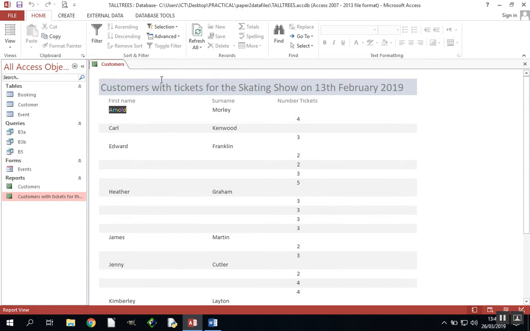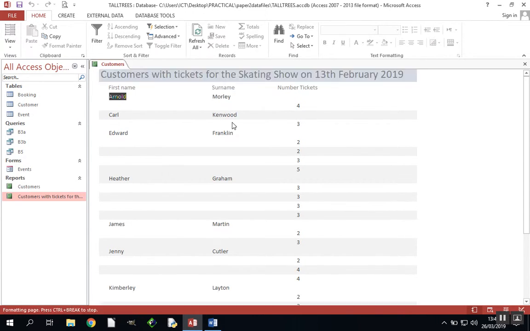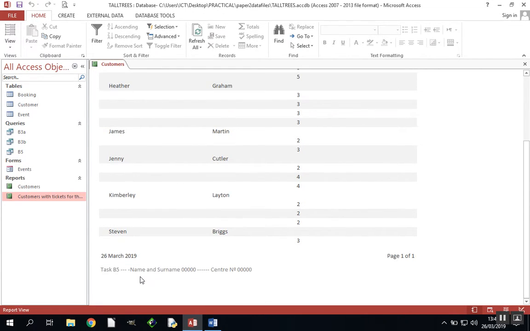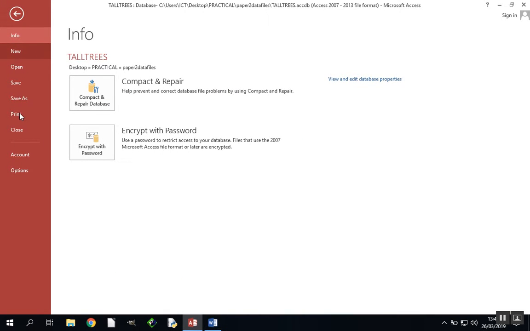It's not brilliant, but I can work with that if you want to, and I can see the information there. Obviously here I can go straight away to print